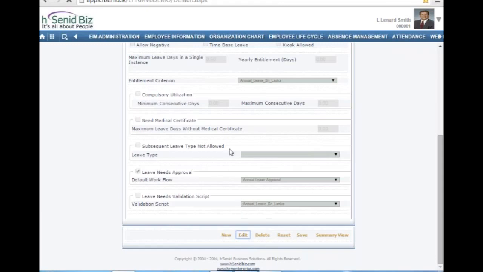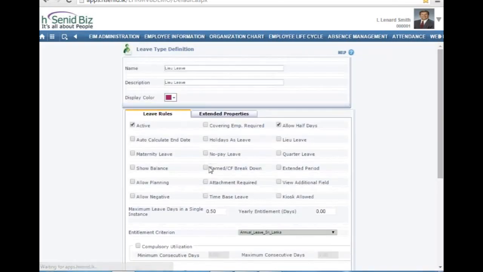Once we tick this, whether it's earned, then it would be appearing in that leave management page. So this would be the leave which would appear there. If I save it here,